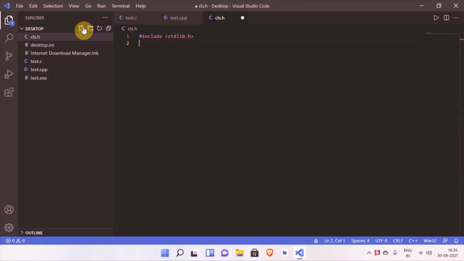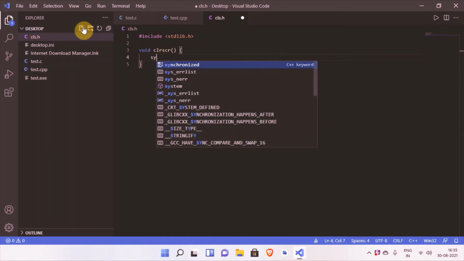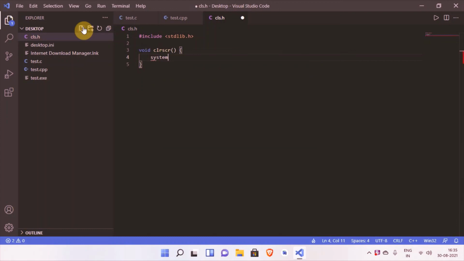And then you have to make a function. I will make a void function, and you can call it anything you want. I will call it CLRSCR. Then in the curly braces, the only line of code you have to write here is system CLS,